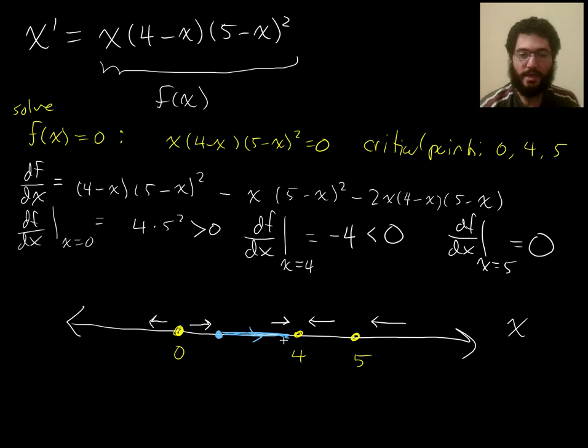Now, you might be wondering, how do I know it'll approach 4? How do I know it won't just keep increasing past 4 and go approach 5? Or maybe increase past 4 and past 5 and approach infinity? How do we know? Well, in order to increase past 4, in order for the value of x to increase past 4,